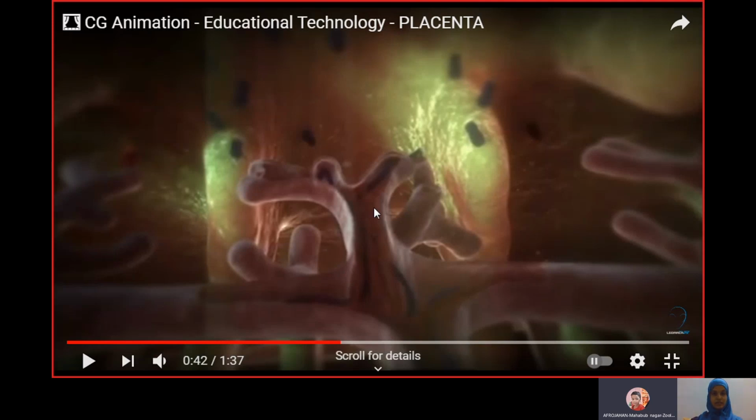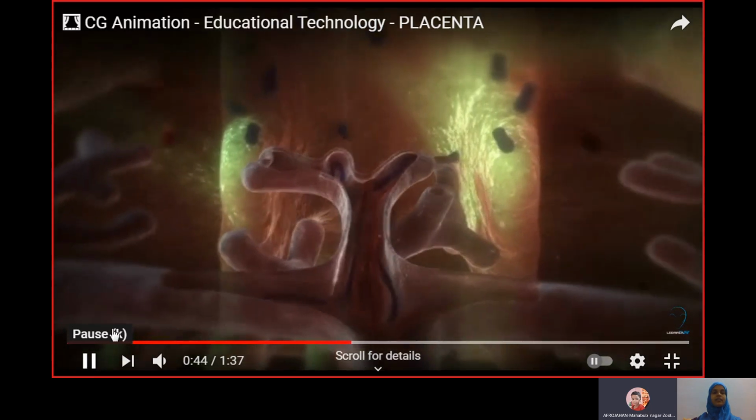Here you can see these cream colored structures, this is nothing but the chorionic villi, which is richly supplied with blood vessels, arteries and veins. See, this is the uterus lining, and the villi are embedding into the uterus lining. There is a space in between the uterus lining and the chorionic villi. That space we call the lacuna. See here clearly.